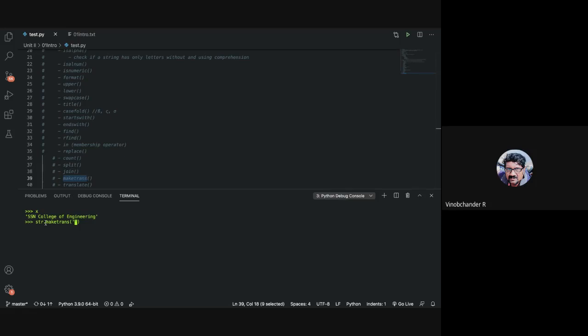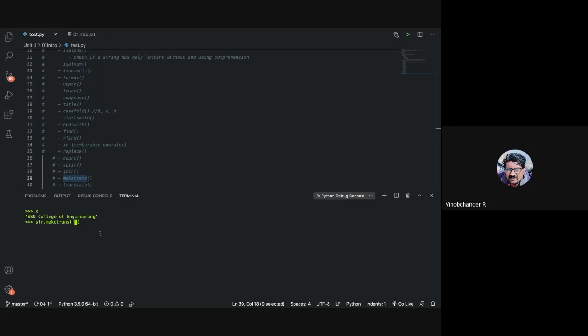Essentially what you're doing here is creating a translation table. Say for illustration, I want to replace these characters, O and E, where E occurs 1, 2, 3, 4 times.